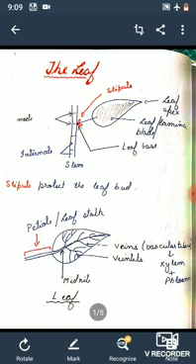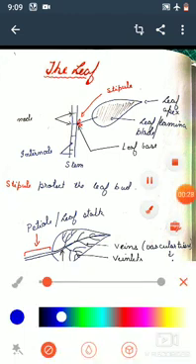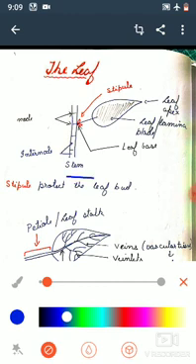So in this diagram we can see there is a stem, which is having nodes and the internode. Okay, so leaf arises from the nodes of a stem. Now you can see the orange color structure which is known as stipule. Stipule is basically the structure which protects the leaf bud. When the leaf was small, these stipules protect that leaf.